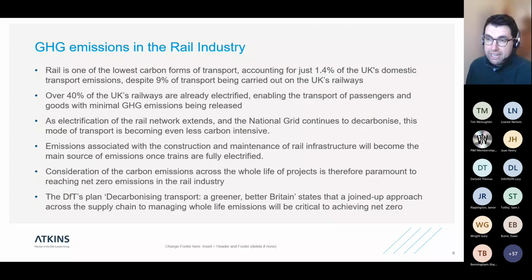So a bit of a background now around greenhouse gas emissions in the rail industry specifically. Rail is already one of the lowest carbon forms of transport, accounting for just 1.4% of the UK's domestic transport emissions, despite 9% of transport being carried out on the UK's railways. I think that's 2019 data, so it may have changed a bit, but roughly that's the sort of order of magnitude we're considering. Over 40% of the UK's railways are already electrified, enabling the transport of passengers and goods with